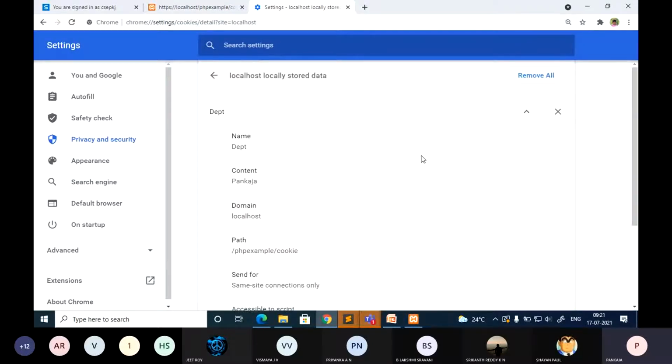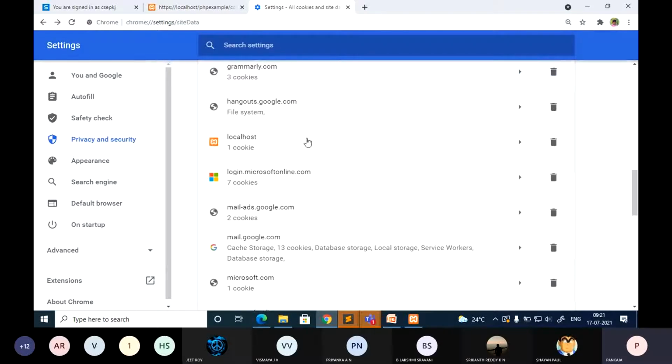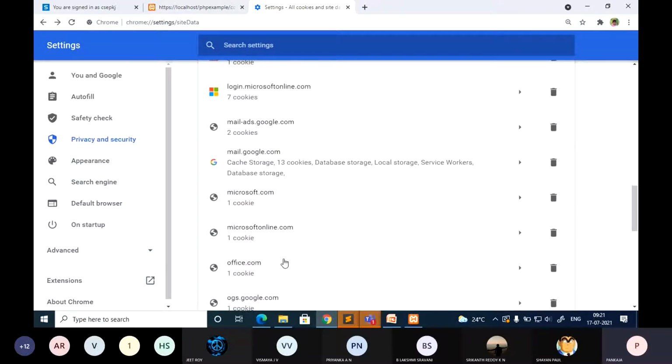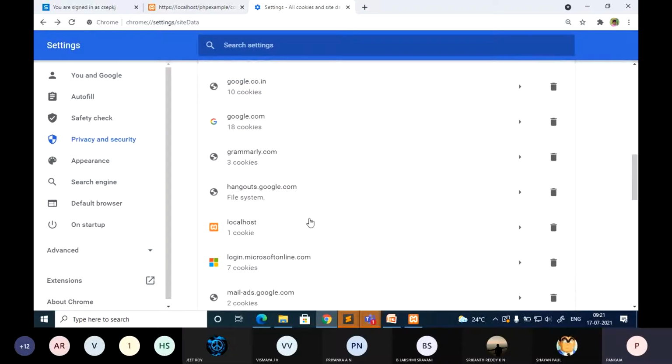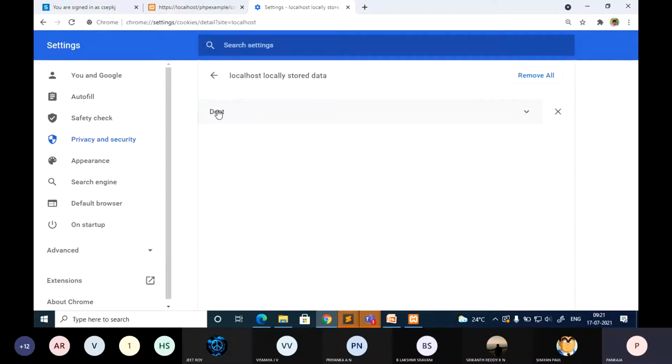Once I close it, this cookie is going to be deleted. So let's do that also. You can just see now, I am just going to close the browser and we'll check whether this cookie is alive or not, because you can see other cookies are alive. They have given how long it has to exist. That information we have not given for the cookies we have created. So just close.